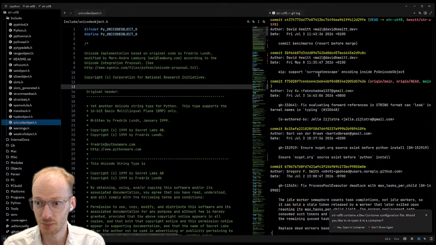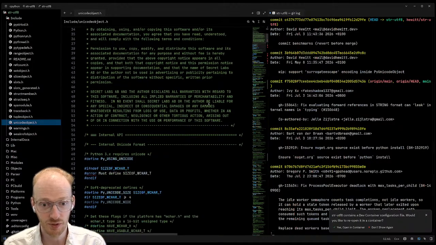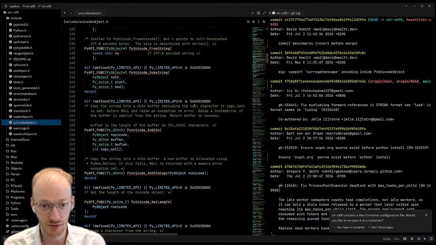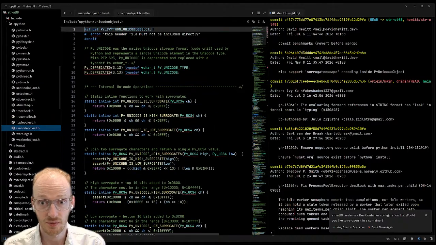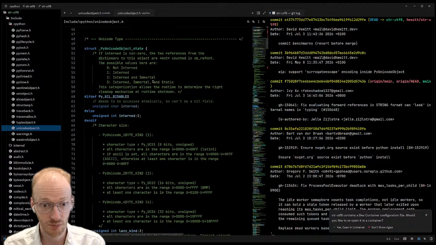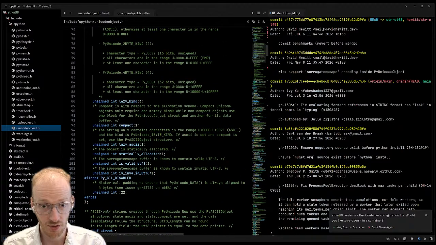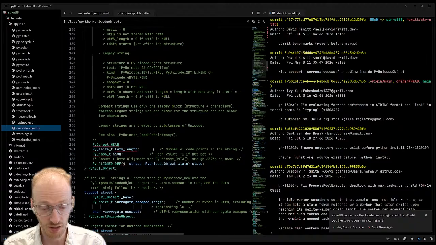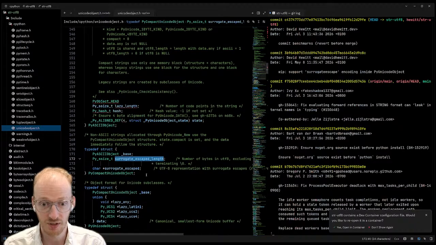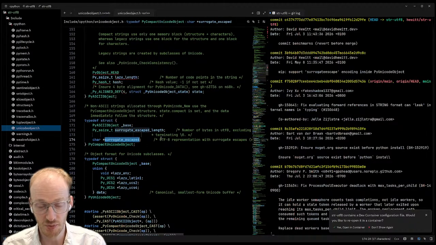We got a working compile, and in that working compile, we have changed the way that Unicode objects work so that we have the capacity to store what we call the surrogate escaped Unicode UTF-8 buffer.